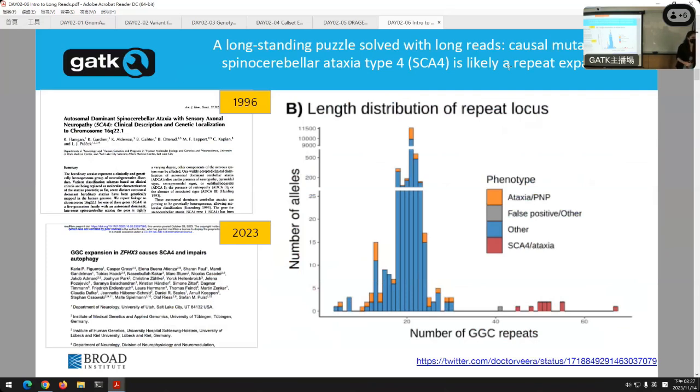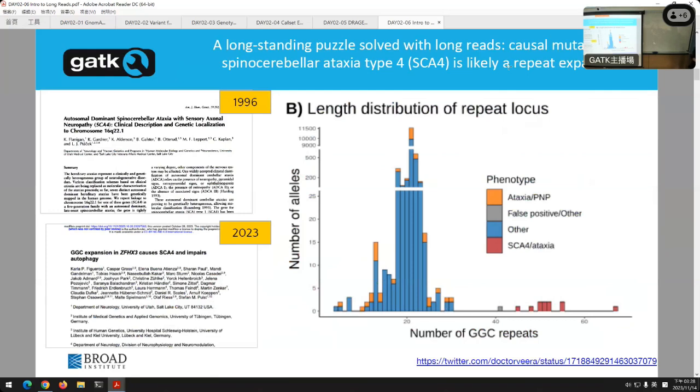It's very repetitive, and that makes it basically inaccessible to short read sequencing. But 25 years after this paper was first published, earlier this year in 2023, they were able to use long read sequencing to identify that the causal mutation for SCA4 was a GGC repeat expansion in this region of